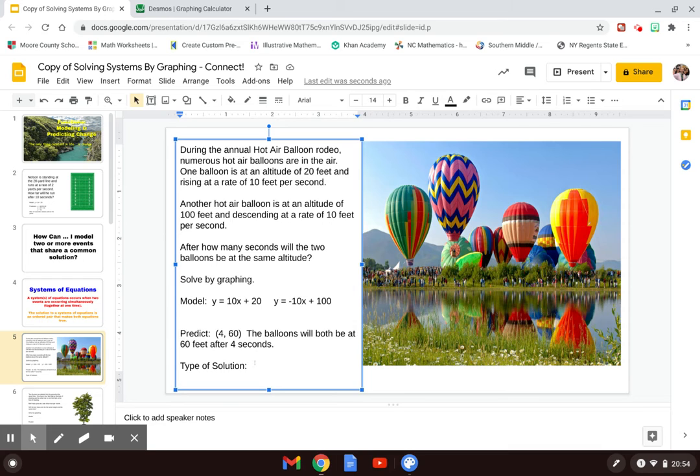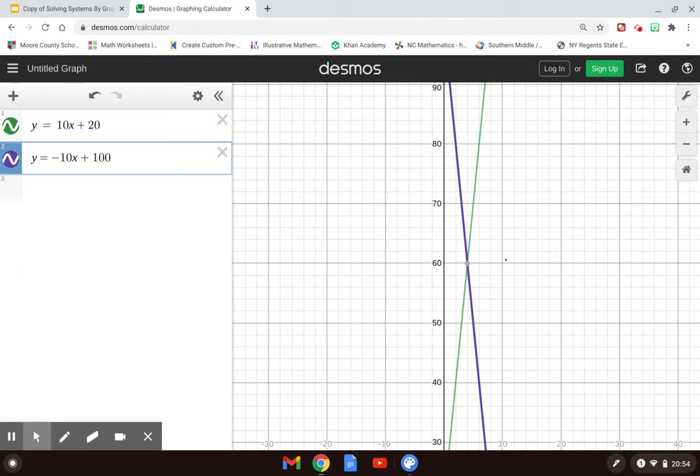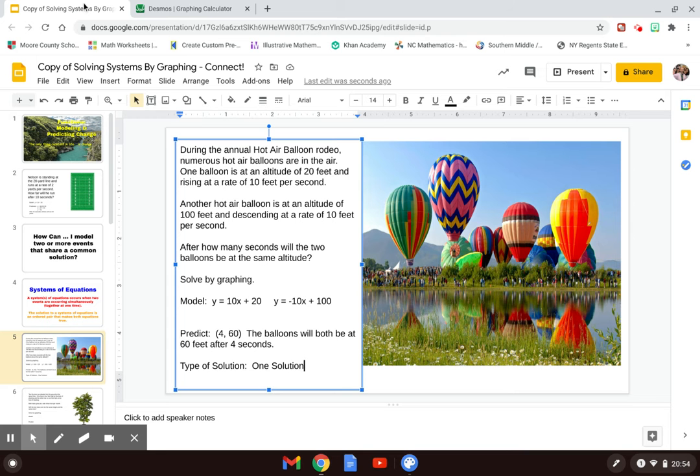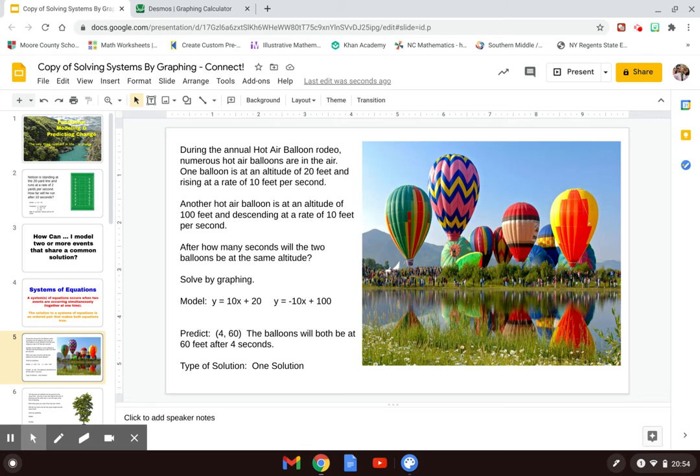And the type of solution here, this is going to be a one solution system of equations. Because if you look at your graph of the two lines, this is the only point they are going to intersect and meet, and they will never intersect again. Okay? So, as we look at this answer now, the ordered pair (4, 60), let's apply a little bit more meaning